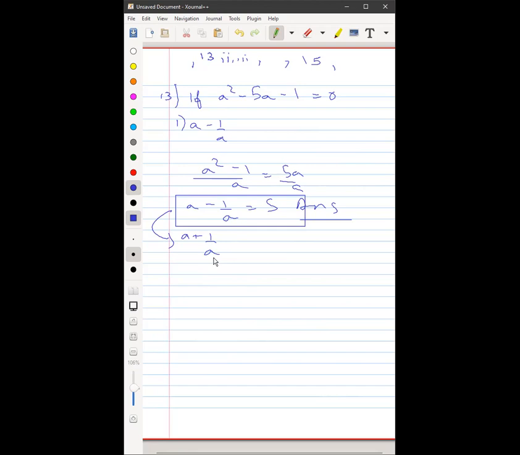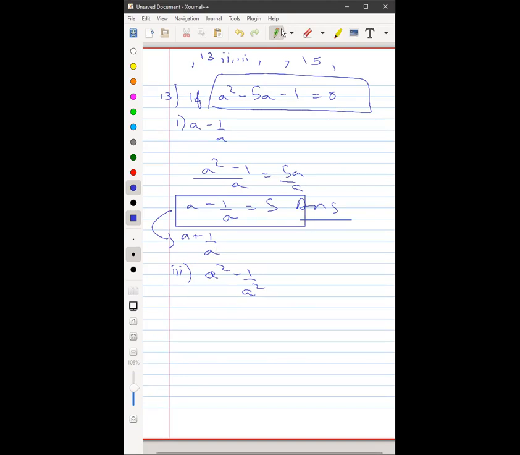Okay, sir. And third part is a squared minus 1 upon a squared. This also is easy. Yes, sir. Now I will be able to do it. So this main problem was only this one, right? The first part. Once the first part is known, the second part is easy. No, sir. I had done the first part. Okay. The second and third I was not able to do before.